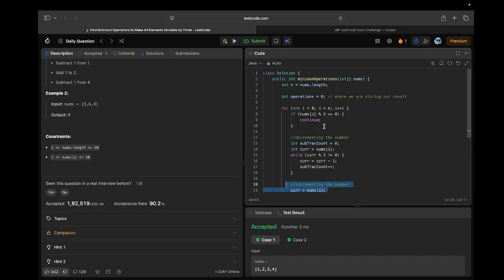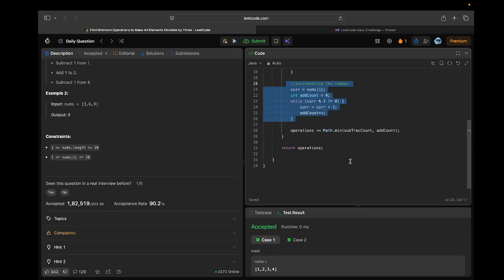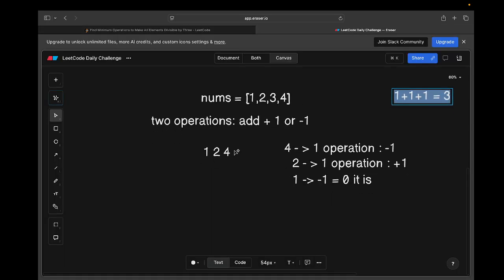So this is one of the approaches, and another approach which I found really interesting, so let me just discuss it over here. So this is the brute force. Now let's just think, we just have to find a number which is divisible by 3. So if you see clearly, let's say I give you a number like 37, and if I ask you if it is divisible by 3, you say no. And if I ask you how many operations you actually require to convert this to a number which is divisible by 3, either you can subtract, so it becomes 36, or if you add, it becomes